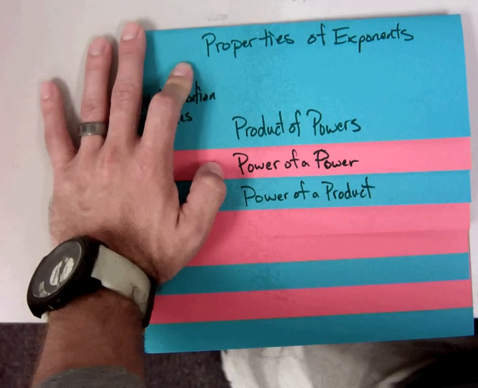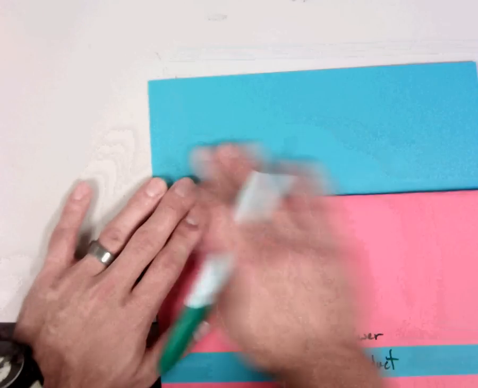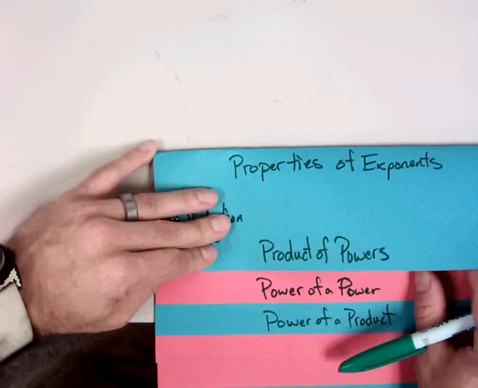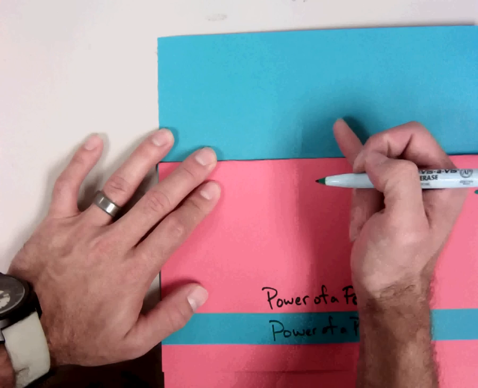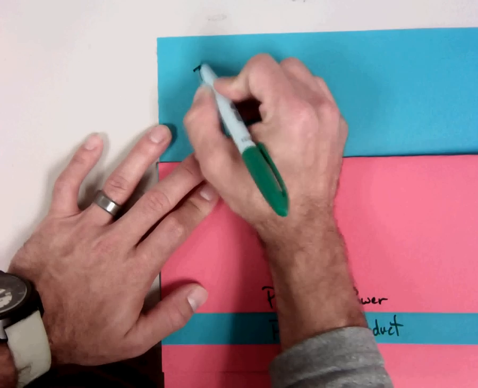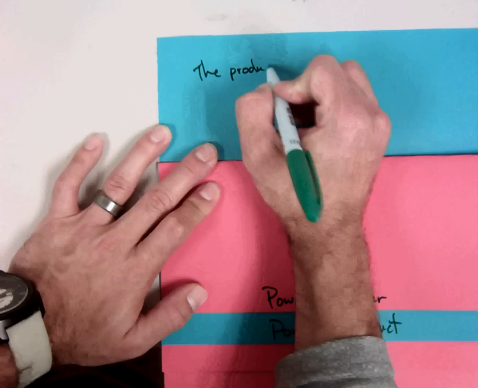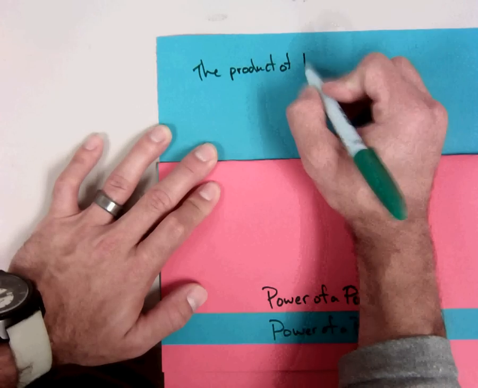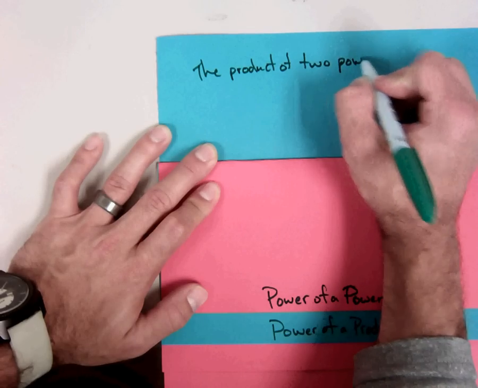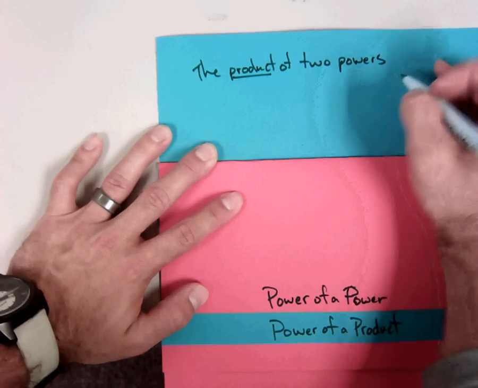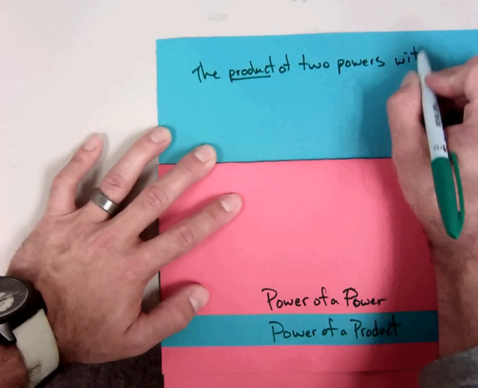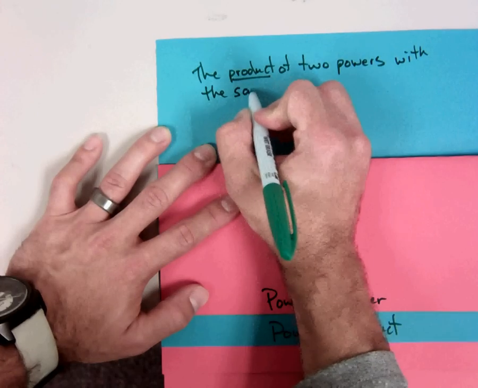Alright, so let's see. The product of powers property. So we're going to open up this flap and we'll be able to write in here everything that we need. And it'll be covered up. So we can try and memorize what's in there and take a look at it, and we'll be able to use this effectively. Now in words, the product of two powers, and remember product just means multiplying two numbers. The product of two powers with the same base